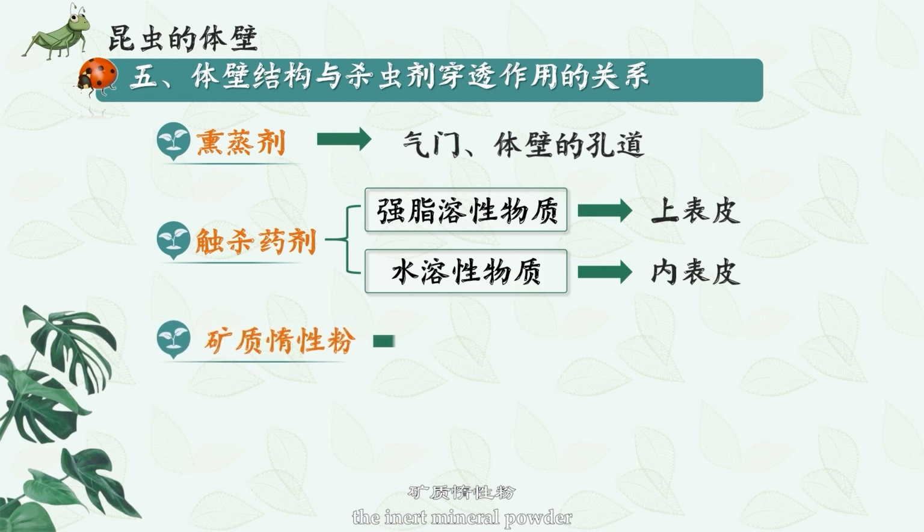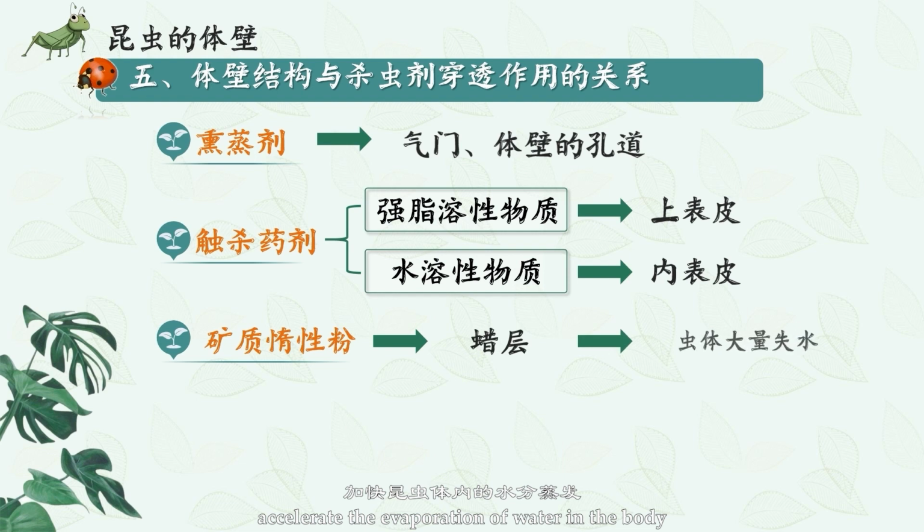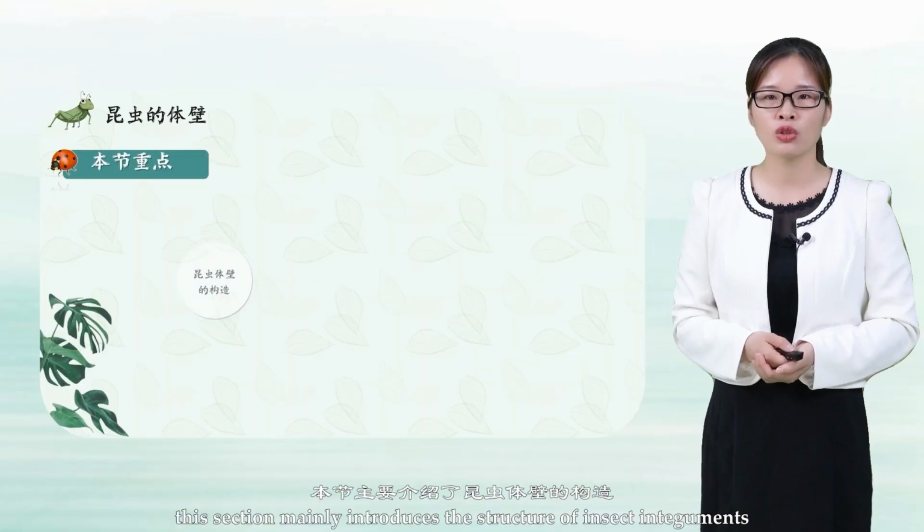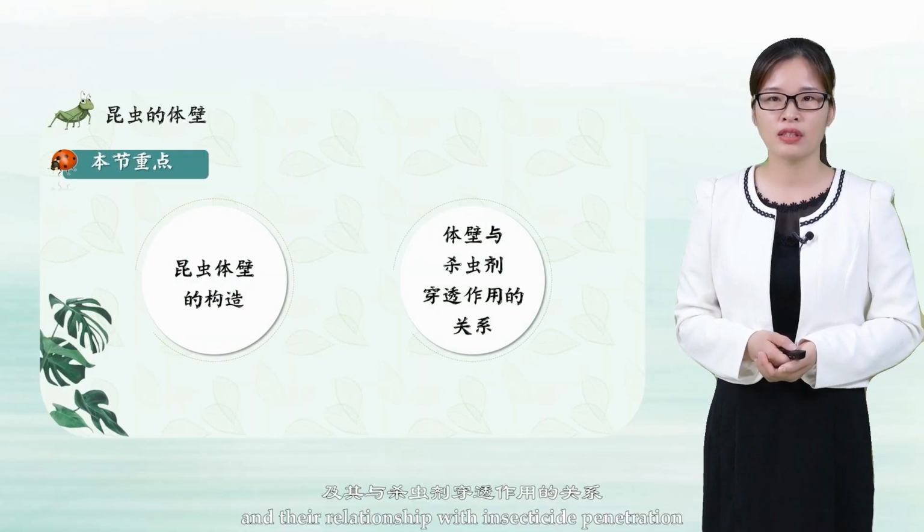The inert mineral powder can destroy the wax layer, accelerate the evaporation of water in the body, and speed up the death of insects. This section mainly introduces the structure of insect integuments and their relationship with